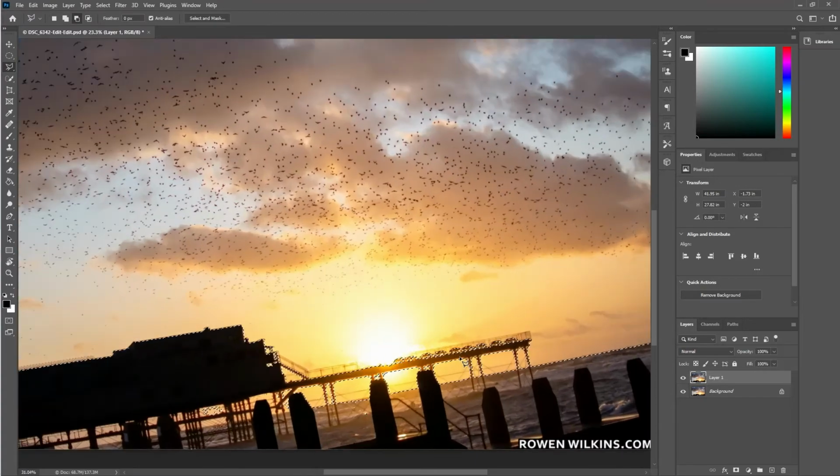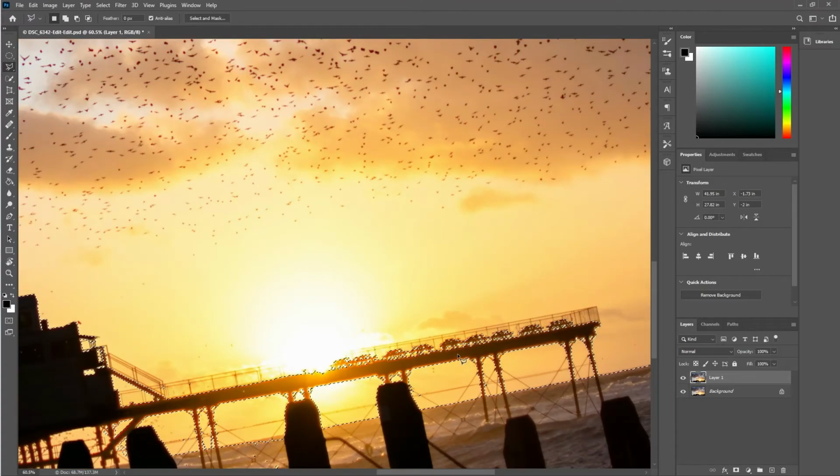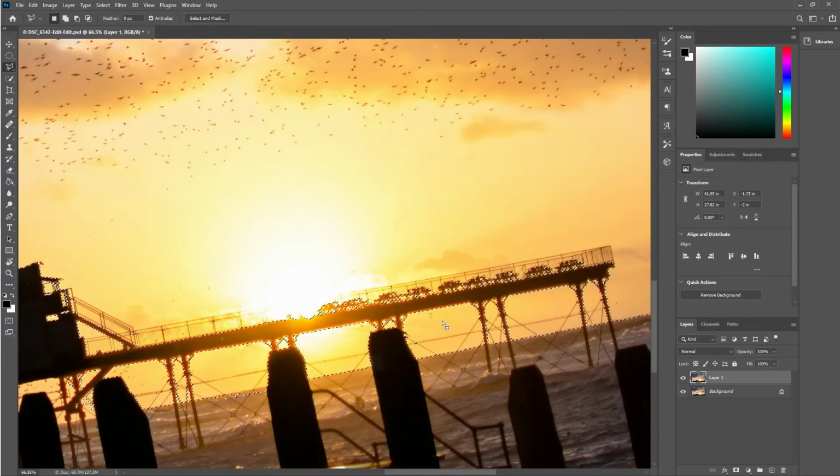And to give you another example of what happens when you copy and paste the areas that have been selected, I just want you to look at the end piece of the pier here, because the marching ants don't go round the railings, they go around the table and chairs and along the bottom of the pier. Well, all these railings here, which would take quite a few hours worth of work using any other selection tool, aren't selected, which isn't very good, but Photoshop has selected them, and I'll demonstrate that by